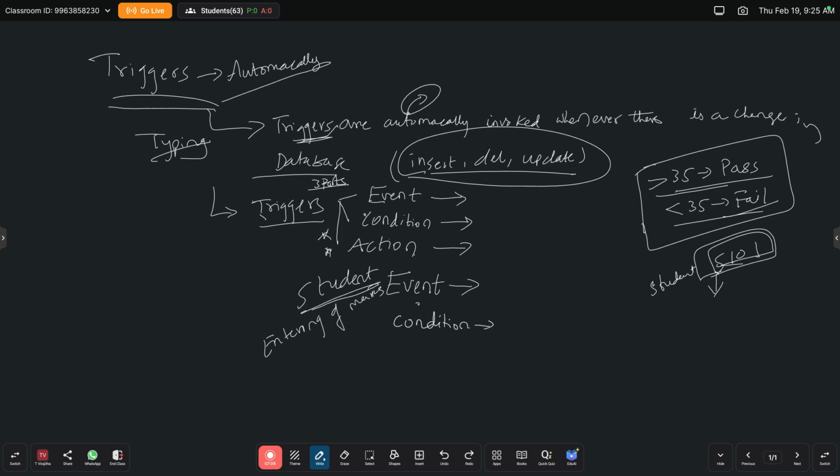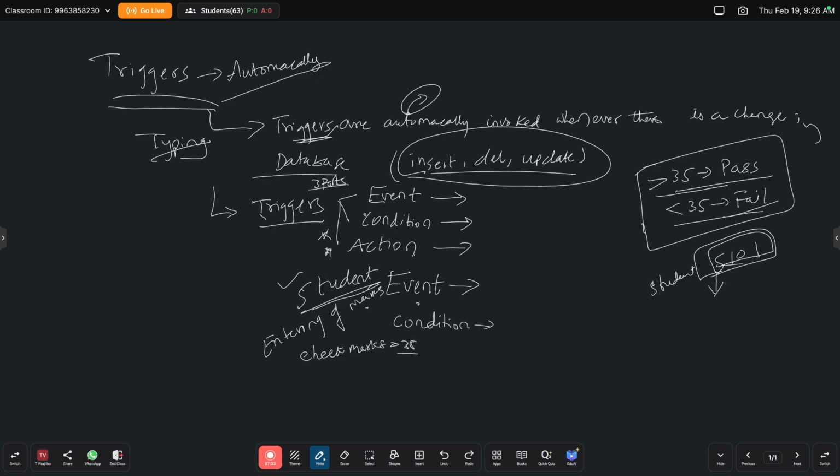If you are taking this student example, entering the details or marks of the student is an event. What should be the condition? Marks. For example, if we have applied a check constraint here, check marks greater than 35, then he has passed that particular exam.